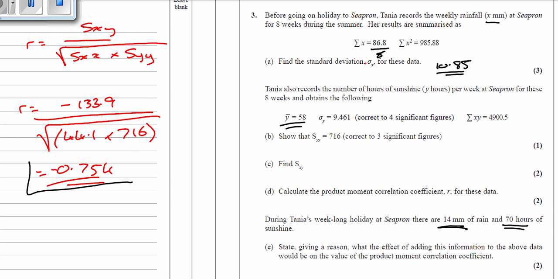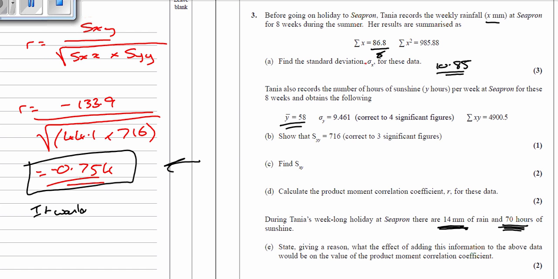Now our value of R showed a reasonably strong negative correlation, which means the more of the x value, so the more of the rainfall, the less of the sunshine. But what we've seen is more of the rain, and more of the sunshine. So this goes against this thing here. But what we've got to be careful of is that it actually lessens the correlation, which means